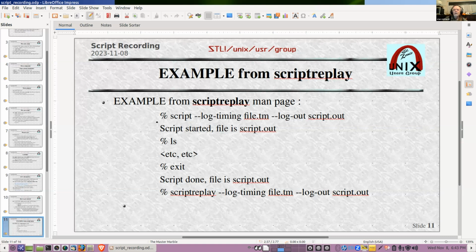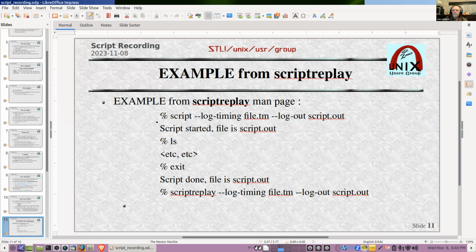You told it also to create a timing file. In this case, it was file.tm. And then it shows the prompts of everything you do, ls, date, etc. When you're done, you type exit, and the script will respond with script is done, file is script.out.